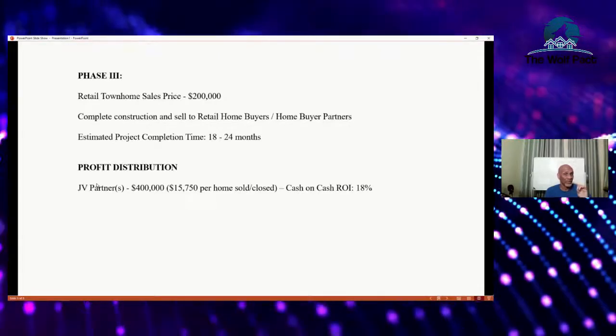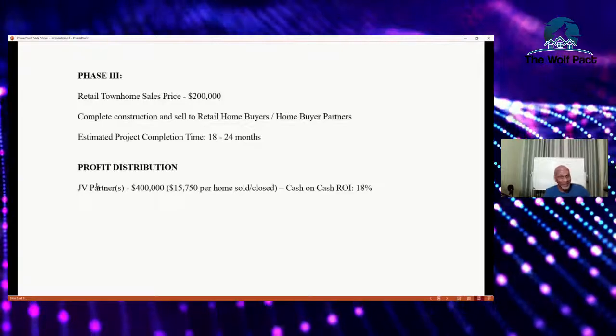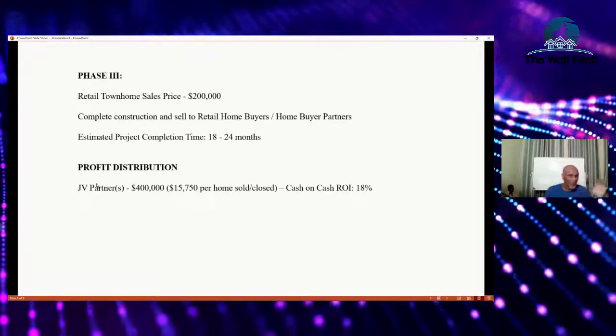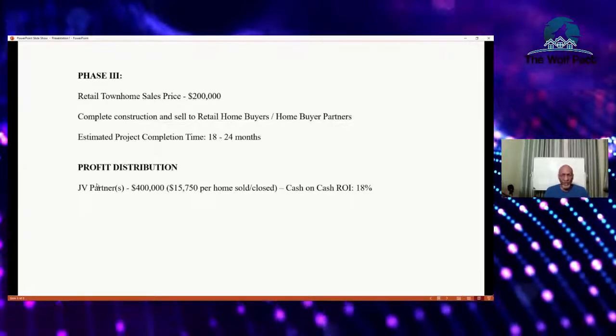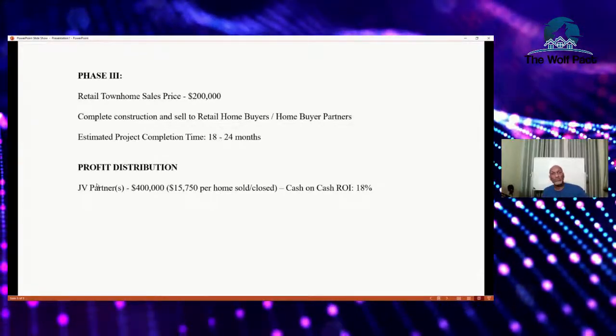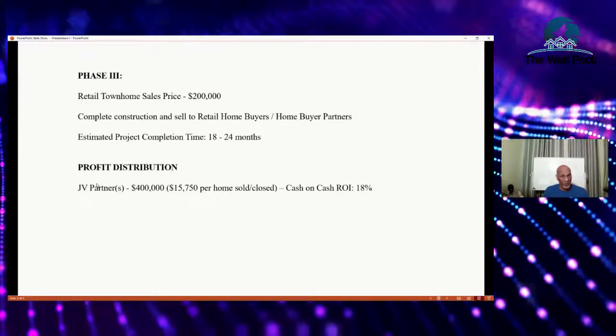And right now, I'd rather be the bank than the landlord. But that's a topic for another show. But my point is, in this one deal, we use multiple strategies within the playbook, or the Wolfpack playbook,